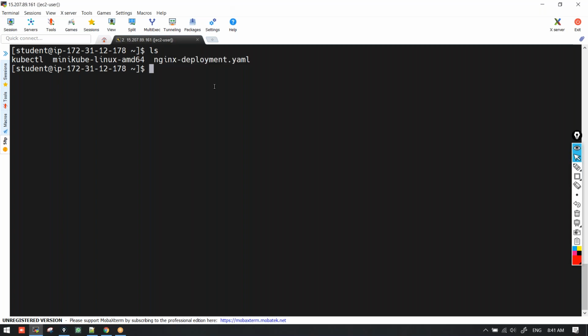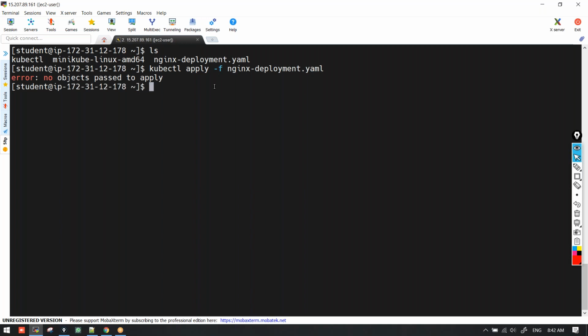Okay, so as I told you, whatever configuration we want to give inside that deployment file, we have to give it. And we have a command called kubectl apply -f. -f means we are applying those changes. In runtime you have to mention the file name. And once I hit the enter button, what will happen,